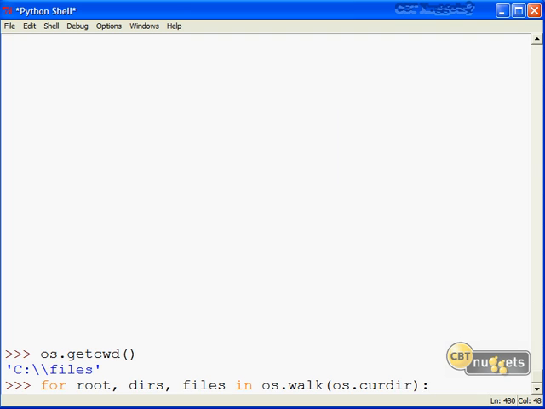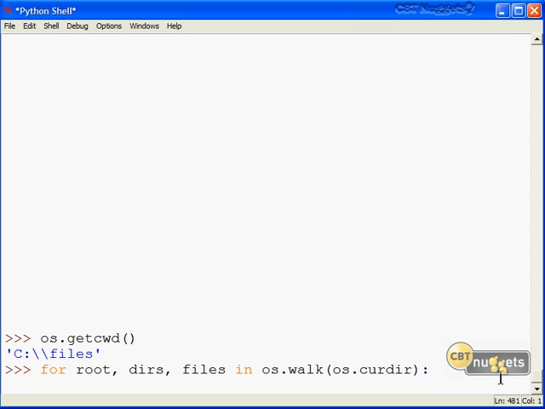That's what we want to do. Very good. Now how we're going to invoke os.walk is in an iteration. We're going to use a for loop here where we're saying for root, dirs, and files. The root in Windows is going to be C. Dirs is going to be our directory path starting at files. And then files are objects within that folder. The iterator is a call to os.walk in the current directory. Pretty easy, right? We could do a hard-coded path here, or I'm being more efficient or more Pythonistic to make a call to os.curdir.